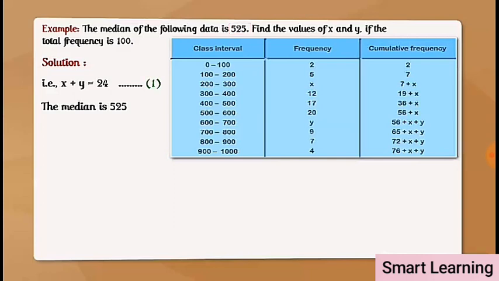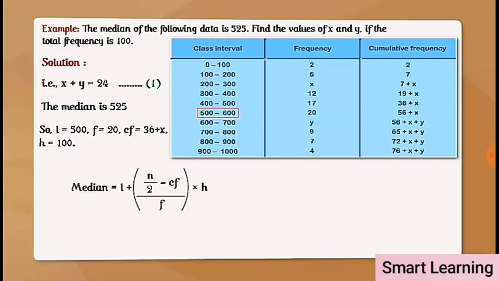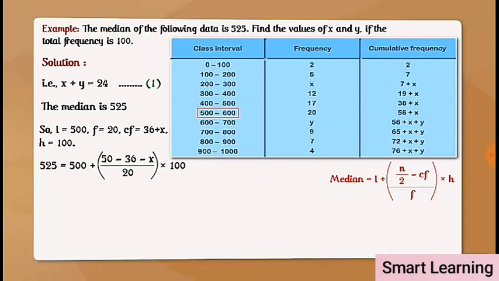The median is 525, which lies in the class 500 to 600. So L is equal to 500, f is equal to 20, Cf is equal to 36 plus x, h is equal to 100. Using the formula, median is equal to L plus ((n by 2 minus Cf) upon f) into h, and putting values we have 525 is equal to 500 plus ((50 minus 36 minus x) upon 20) into 100,